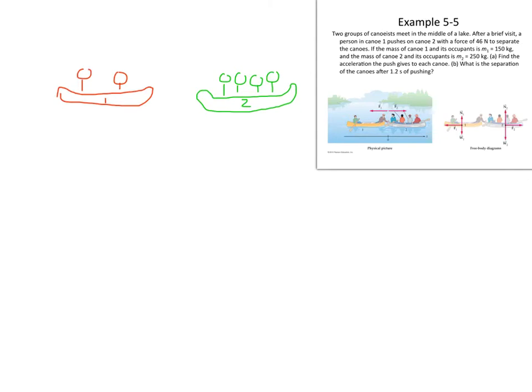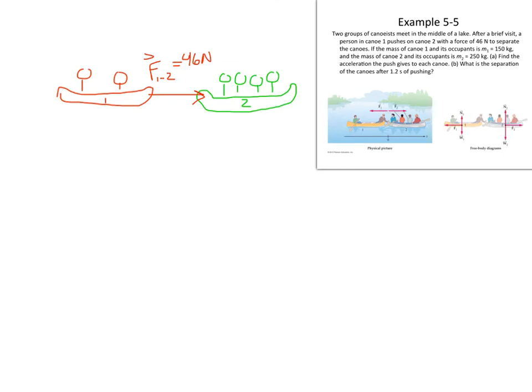So what's happening here is this person in canoe 1 is stretching out his arm and applying a force over to canoe 2. I'm not going to draw that because it might get a little crowded, but I'm going to draw the forces in here. So the force from 1 to 2 equals 46 newtons, being applied